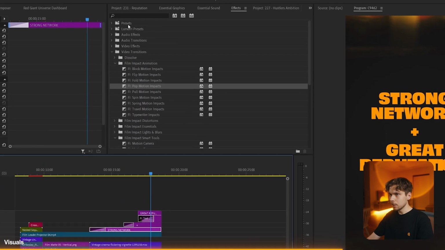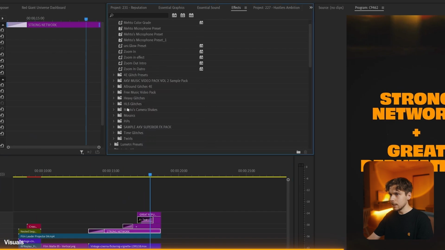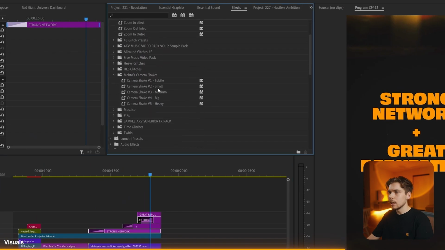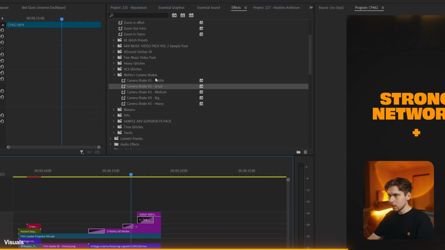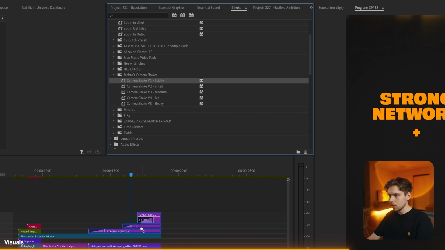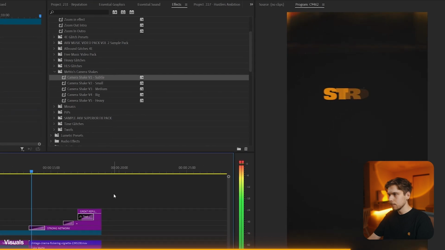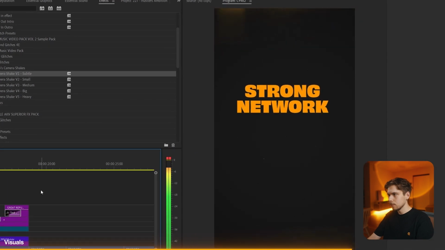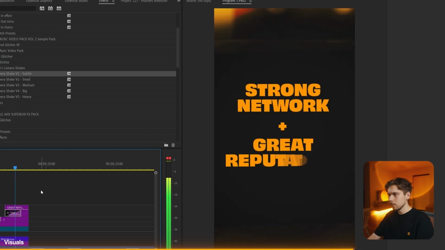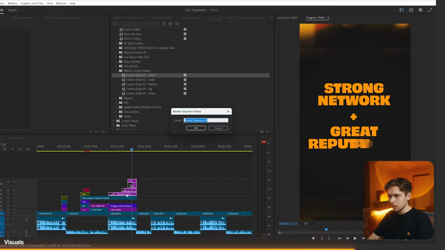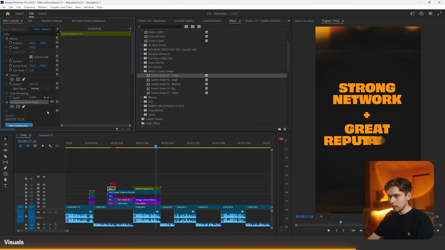What I actually want to do on these is add the camera shakes. I have these camera shake presets as well that I've created. So let me add the subtle shake to all of them. They have a really strong network of people around them and they have a great... Yeah, that looks great. Now nest this, add the same glow,